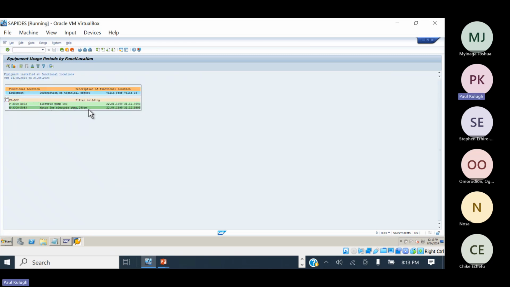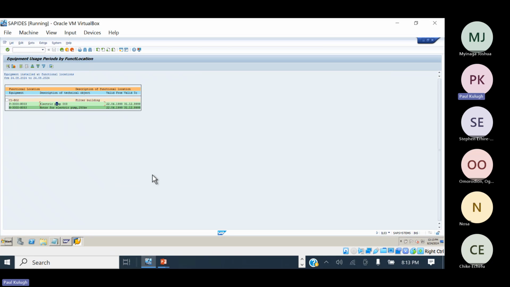Okay, so there are two equipments here. One, this electric motor was installed here 22nd April 1999, and this other equipment M-300 was installed here 22nd April 1999. So within this period, these were the two equipments that were installed in this particular functional location, filter station